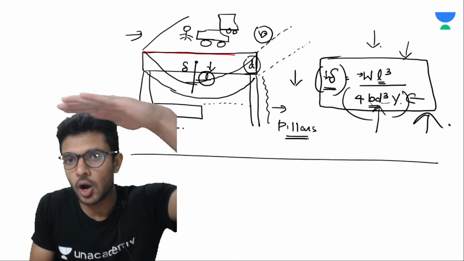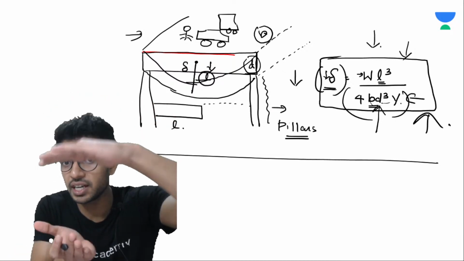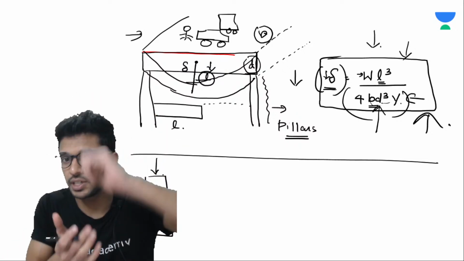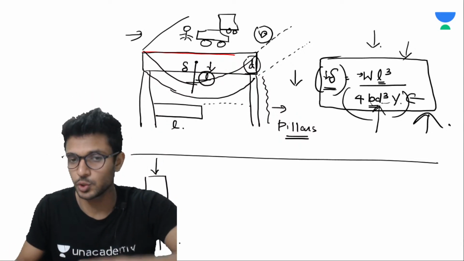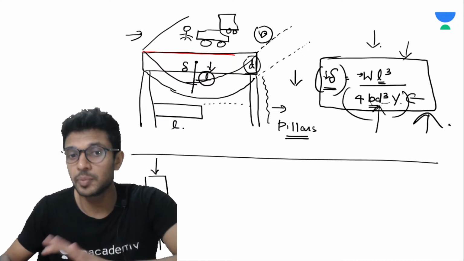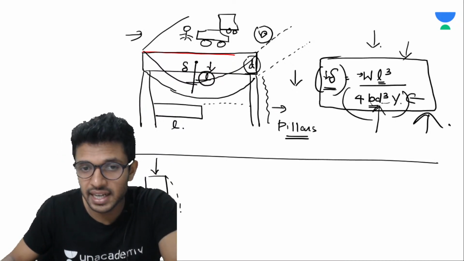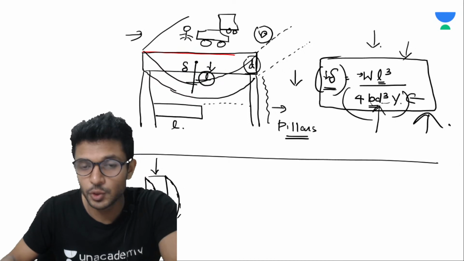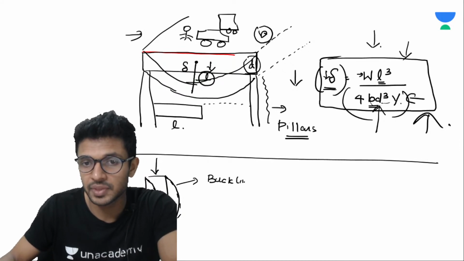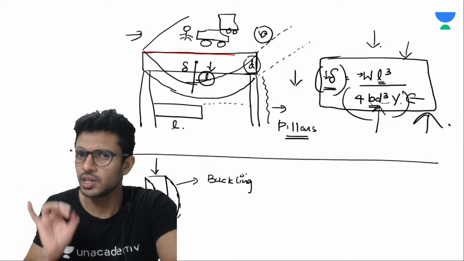Now, on the edges of the pillars, forces are given, right? On the end points of the pillar, forces are given from the top, and from the bottom, normal force will also be there. So if huge forces are given on these pillars, there is a possibility that the pillar will undergo bending like this, and this kind of bending we call buckling. Just note it down, it's very important.